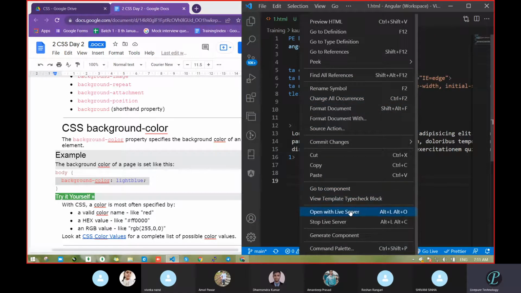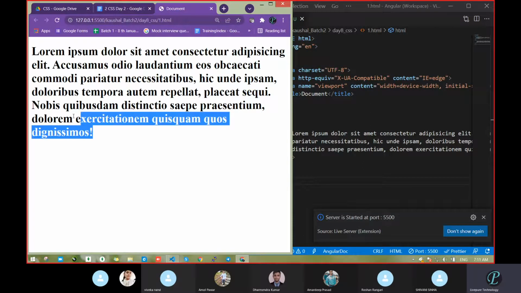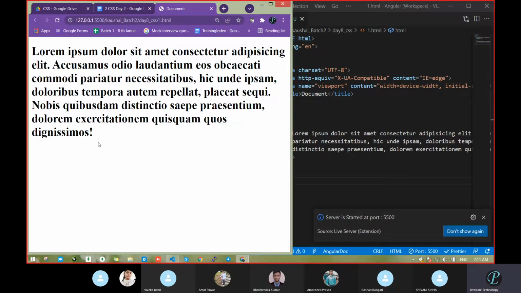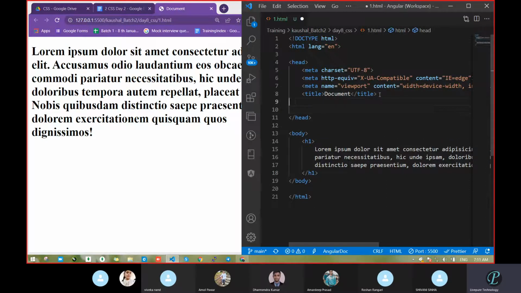What I want is that behind that particular text, there should be a color. I want to add color for that particular section. Where will I add it? Amol, any idea? So see, while practicing I will not go with external CSS. I will write inline or internal, either one. But you have to write external only. Okay. So if I want to add background color, how can I add it?